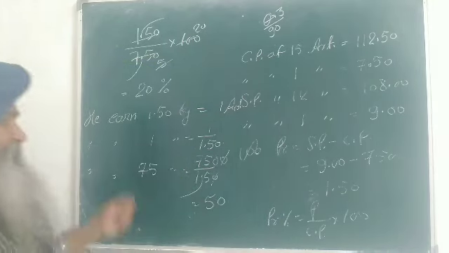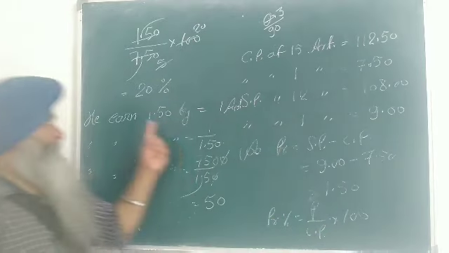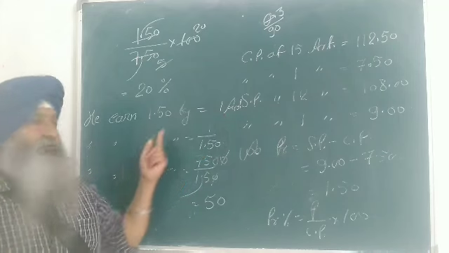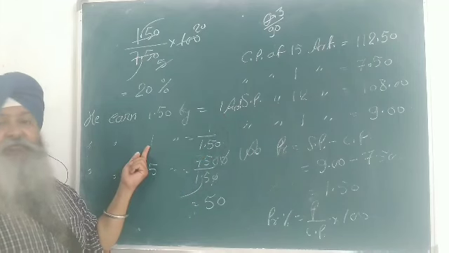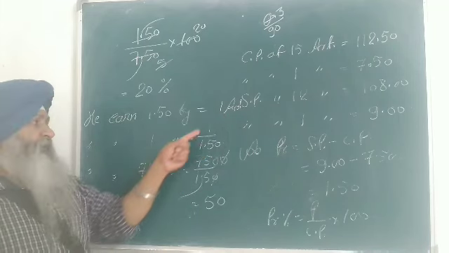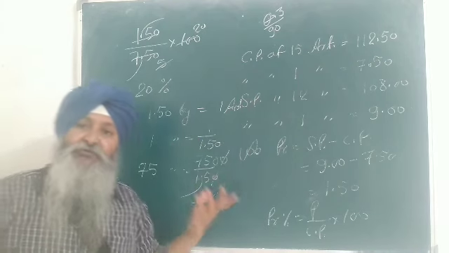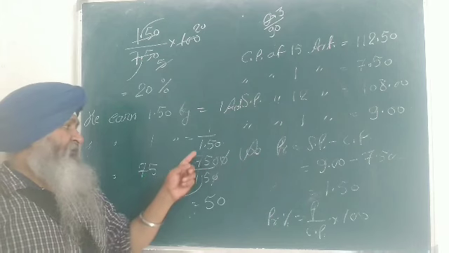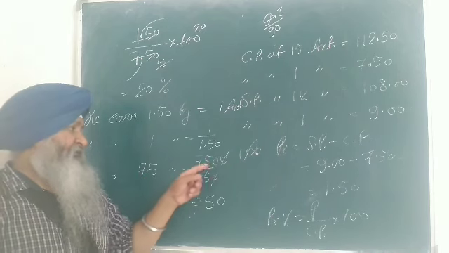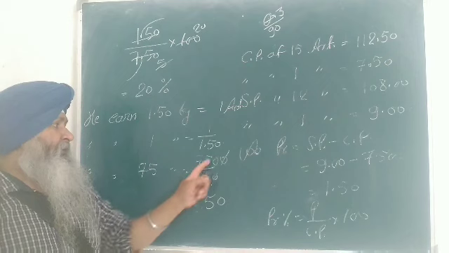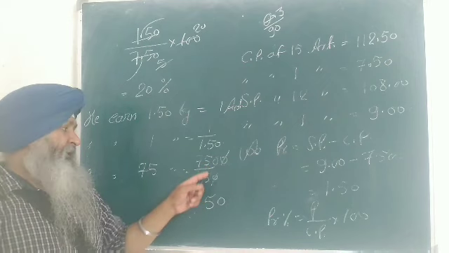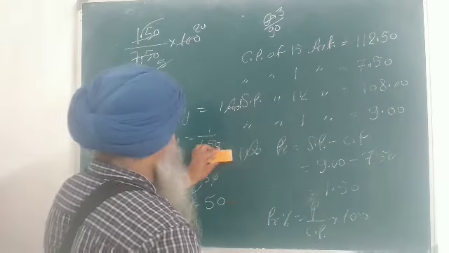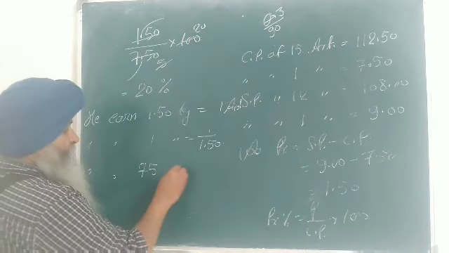Okay, so he simply says that I am getting a profit of rupees 1.50 by selling one article. So naturally, if I sell 1 upon 1.50 article, I will get the profit of rupees 1, and to get the profit of rupees 75, I will sell 1.50 multiplied with 75. I remove the decimal by applying 2 zeros. For your convenience only, I am writing it in a much better way so that you will understand.